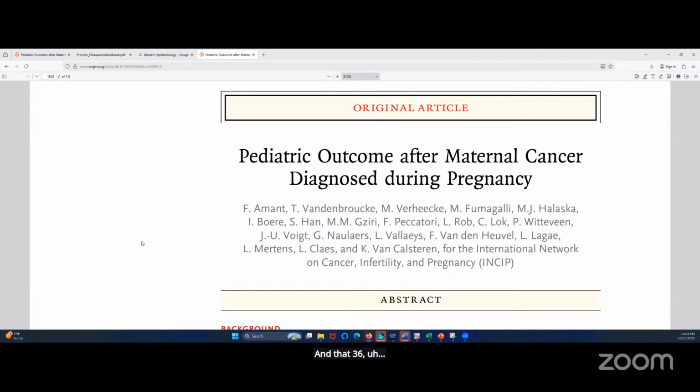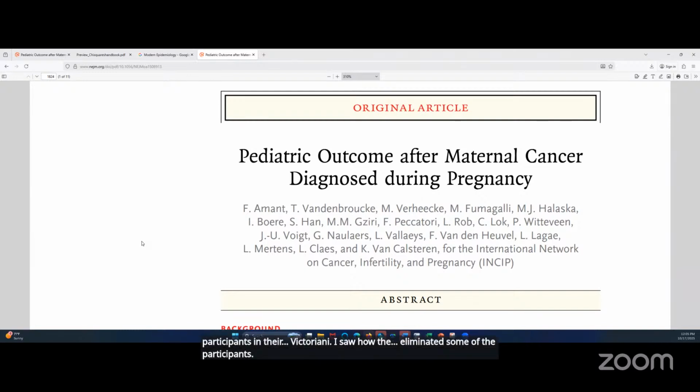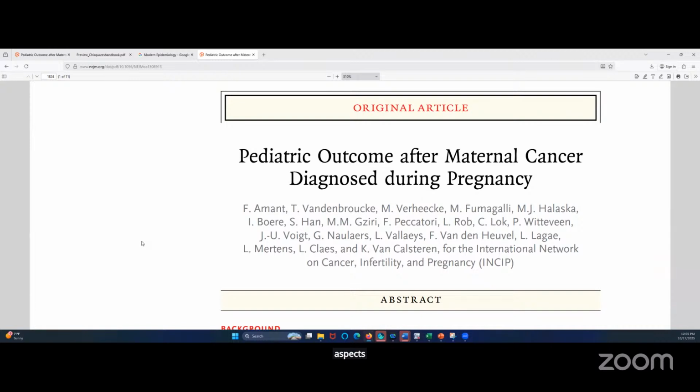Then they showed pictorially how they excluded some participants. I saw how they eliminated some of the participants. They also looked at the cardiovascular